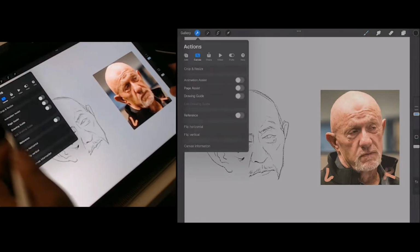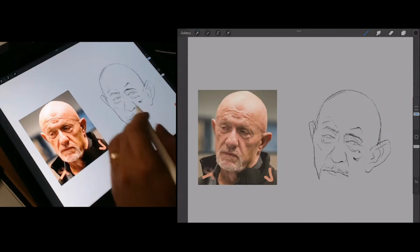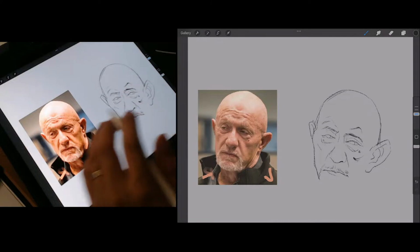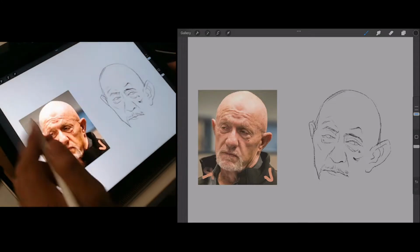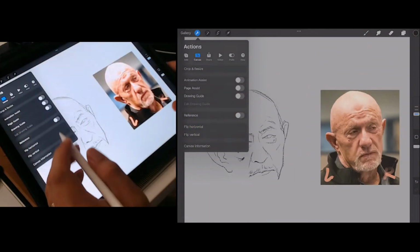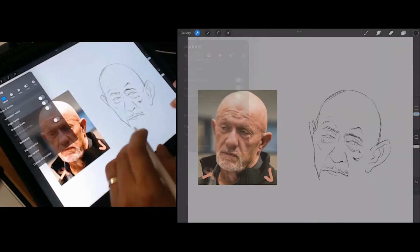If you think you need to balance some things or there's some proportion that you need to correct, flip it. Because when you're drawing something on a single side, or if you're just working on the left side of the photo, you're not gonna see those in proportion unless you flip the image. So yep,